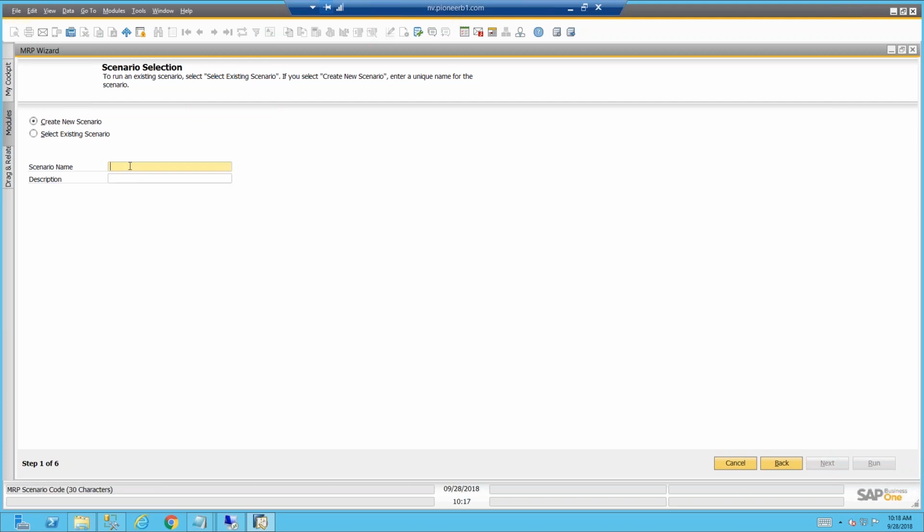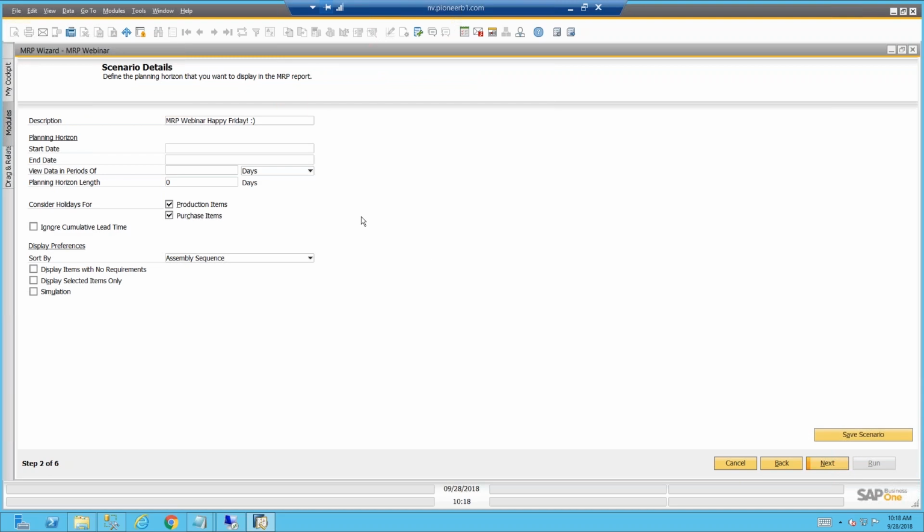The benefit of having the ability to save multiple scenarios is that you may want to run different types of settings through similar sets of data to get a better recommendation overall, or if you're trying to be more robust in your reporting. So we'll start creating a new scenario here, an MRP webinar, and the second step is really to plan the